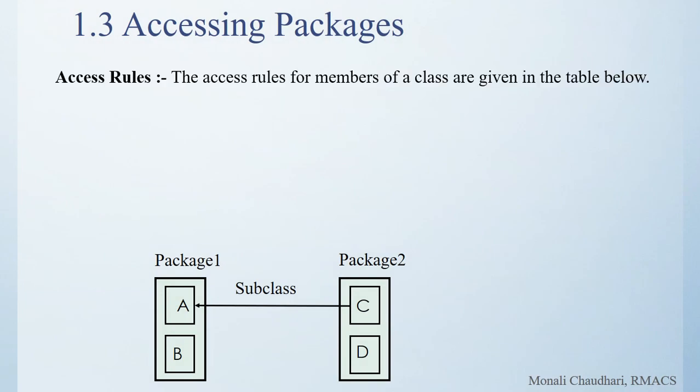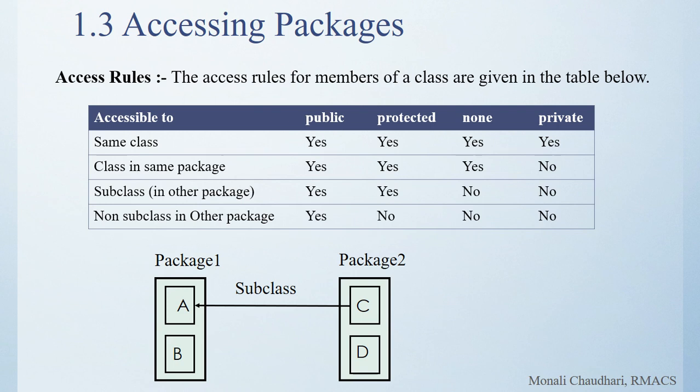Now there are some access specifiers used for the packages. For example, we have seen that for class A, we have given it as public, and the method display was again given as public. Public means that it can be accessed by everyone. Outsiders can access that particular class, meaning you can expose the class. But if you don't want to expose the class, then you need to specify it as default, which is given by none, that is the default specifier.